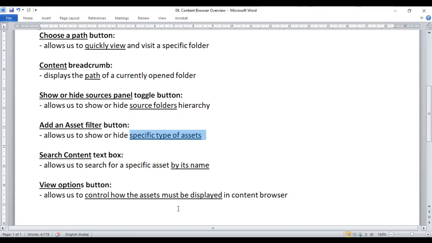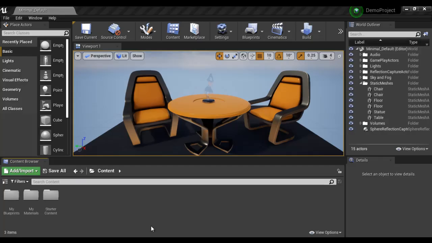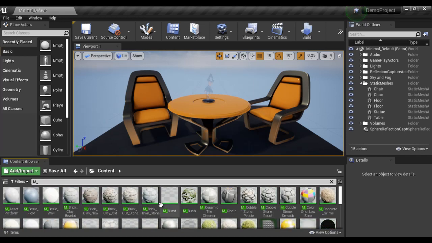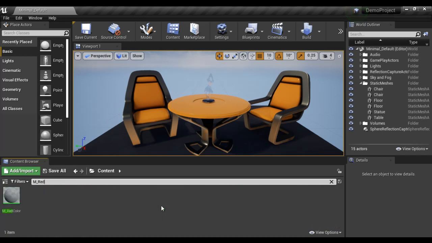Okay. Next we have the search content text box. The search content text box allows us to search for a specific asset by its name. So you can quickly search for a specific asset by its name just by typing here. For example, if I say M underscore red, you can see that it is showing the M underscore red color material.